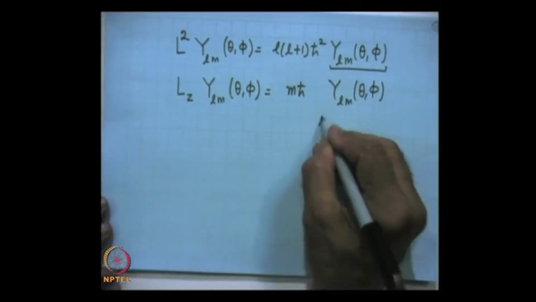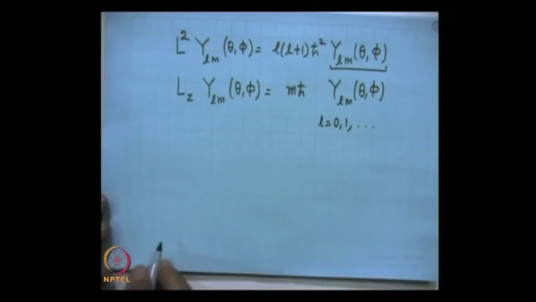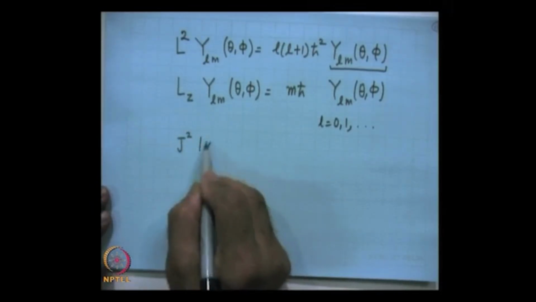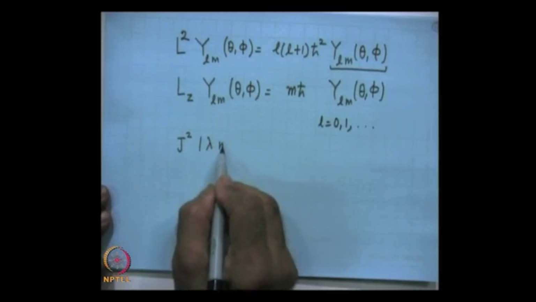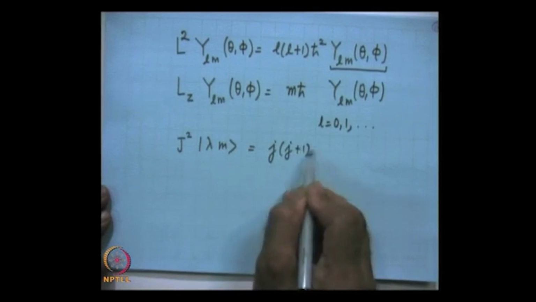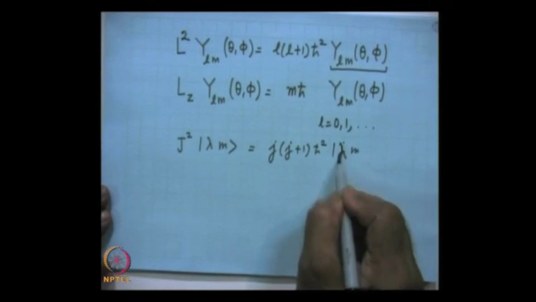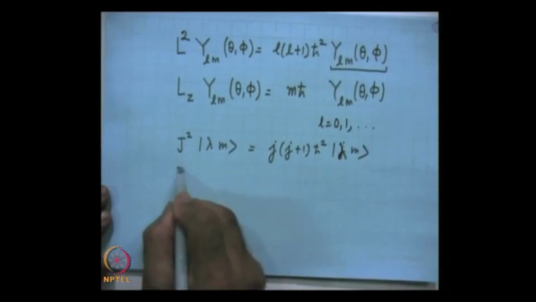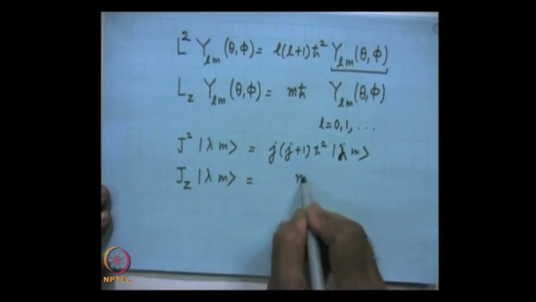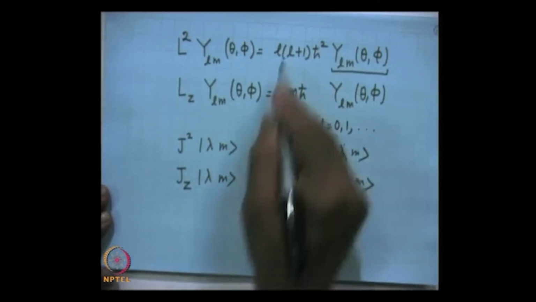But here L is equal to 0, 1, 2, 3, but here I will get that J square ket j m lambda m is equal to j into j plus 1 h cross square ket j m lambda m, and J z ket lambda m is equal to m h cross. But the difference between these two is